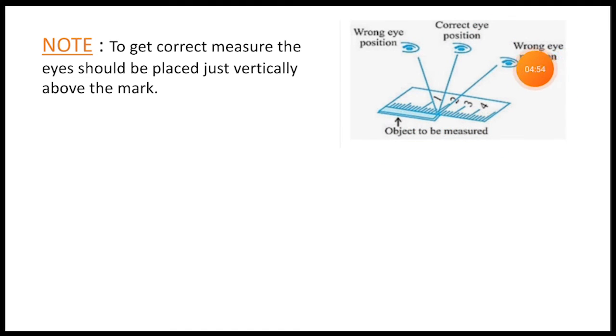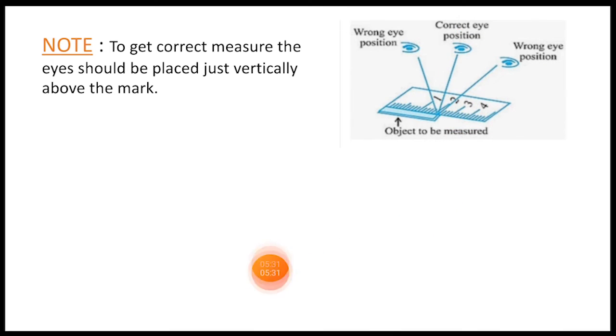Okay, if we see it from any other angle, rather than placing our eyes vertically above the marked object which is to be measured, then we may get angular viewing errors introduced in that measurement. Fine. So to avoid this, we must place our eyes vertically above the object which is to be measured. Fine. Instead of viewing the readings from any other side rather than in a vertical manner.